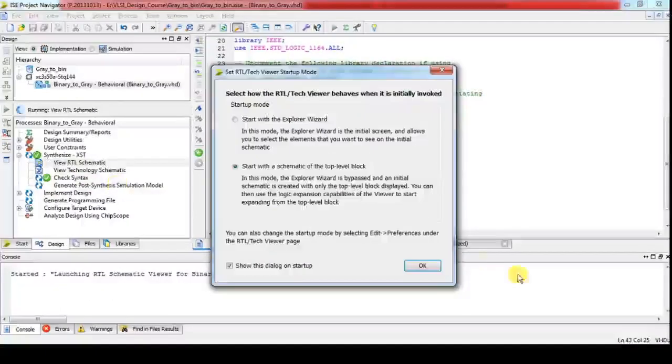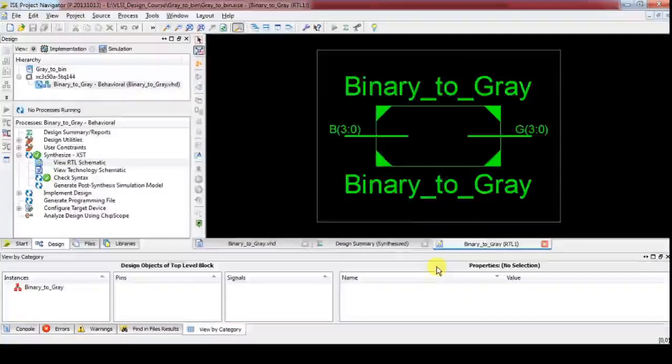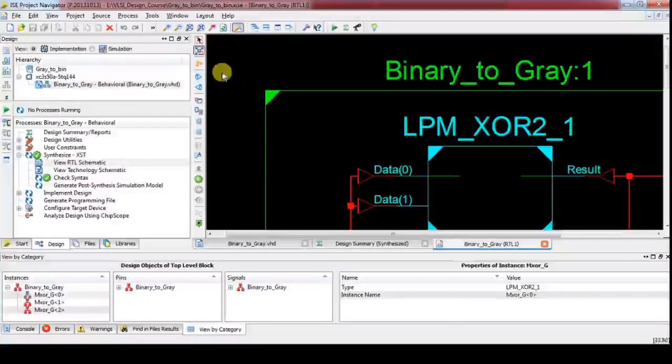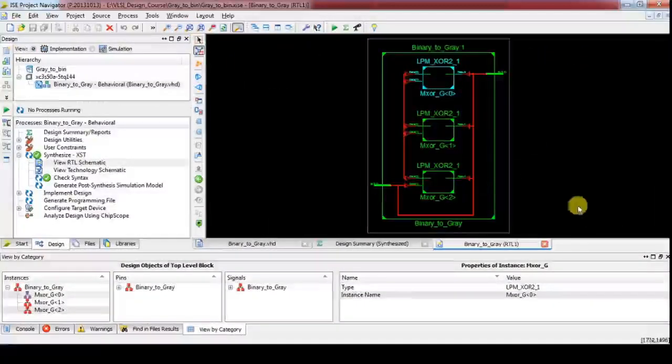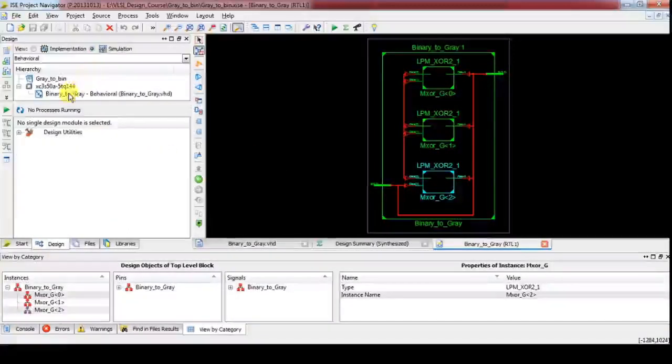RTL schematic. Let's see how it is generated. It will generate it using 3 XOR gates. So let's simulate it and observe whether it matches the truth table we mentioned earlier.